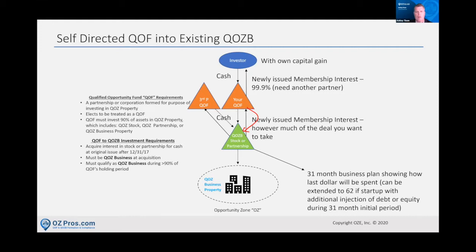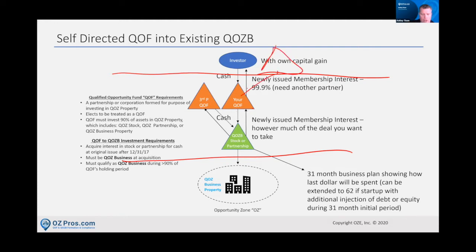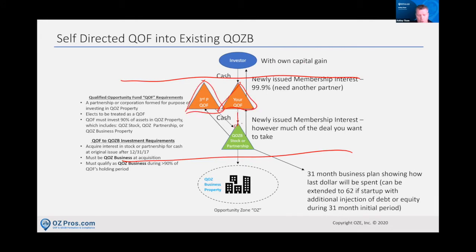Yeah, so you cannot invest directly into a QOF, but you can invest directly into the QOZB. This is really important, and we call this a two-story house. Effectively, if you had a QOF up here, you could not invest into this QOF. That's a no-no, because you would be above the ceiling of that two-story house. Now, if you have your own QOF and there's another QOF out there, and then there's a QOZB underneath it, you can make an investment directly into that QOZB, and you're totally fine. Once again, that's inside of the two-story house.